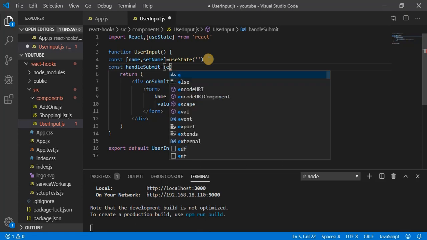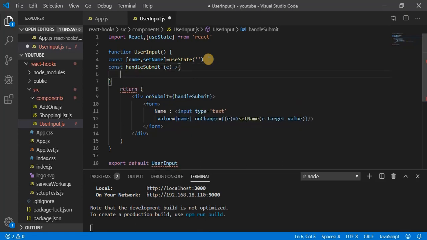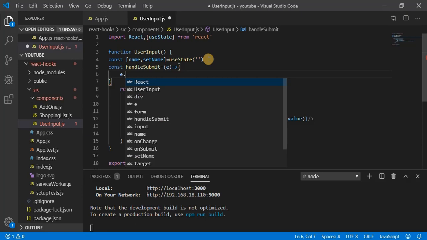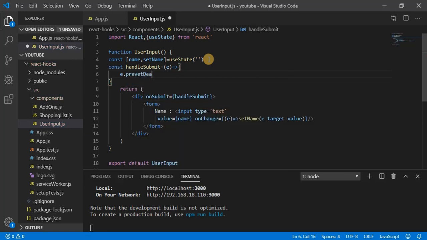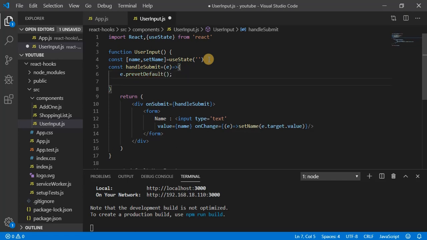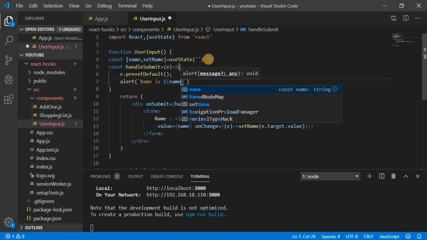It's going to take an event parameter and here let's prevent the default action, so preventDefault, and print the value in an alert. So name is, and I can give here name.